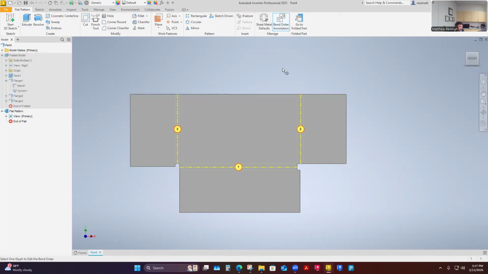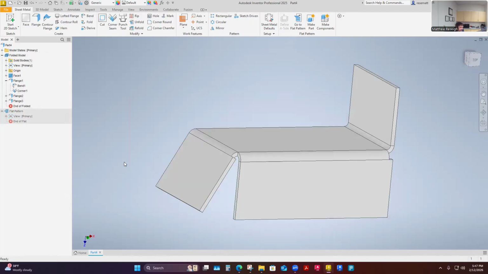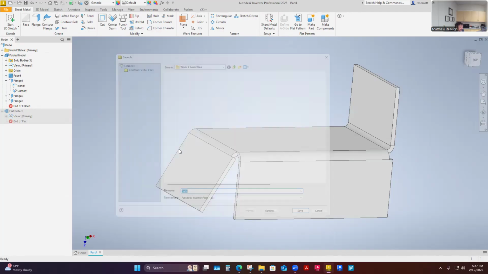Yeah, so that's just one option that you see, and then this machine says bend this one first, bend that one second, and then bend this one third. So it doesn't necessarily mean that has to be the way it's going to be done, but it's suggested. So I would save this part as my